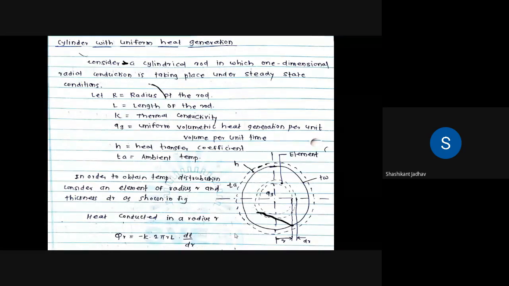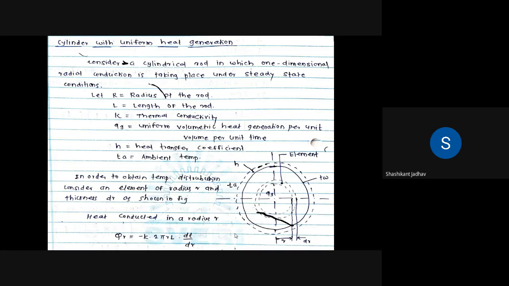Over up to the parameters, Ta is equal to ambient temperature. Our aim is to calculate Q for this cylinder. In this case we have to consider that there is some internal heat generation. In the derivation we had taken earlier, we considered Qg equal to 0, but in this case Qg is there. So for this we have to calculate Q, the amount of heat transferred. Okay, write down the next line.